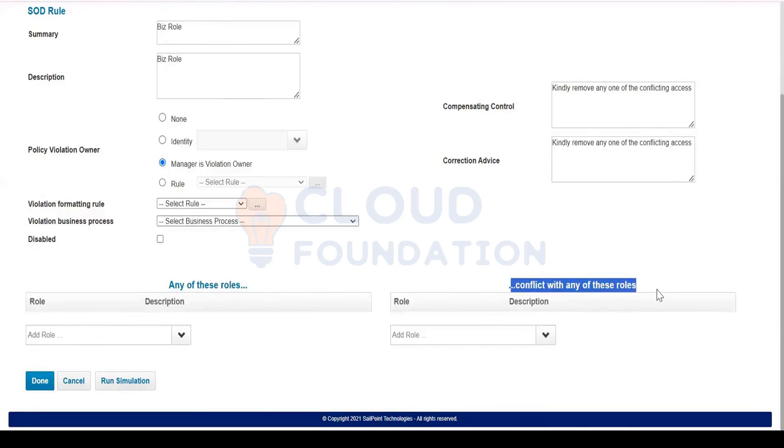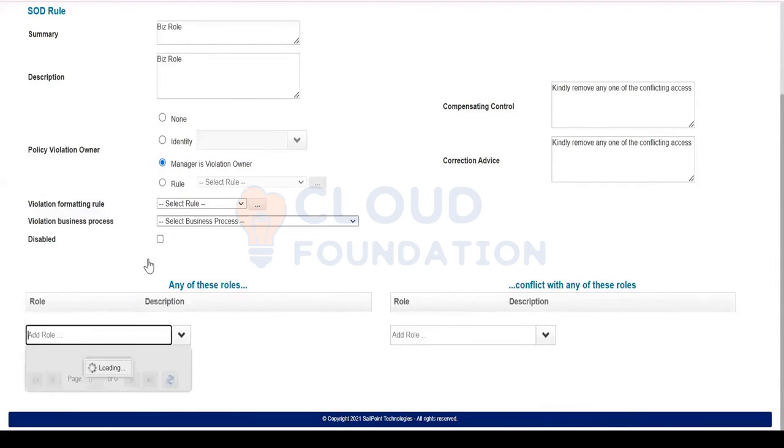Here you can see any of these roles is going to be conflicting with any of these roles, which means the user can request access either from the left side or the right side. Here and there, it's not possible. This is what it means.